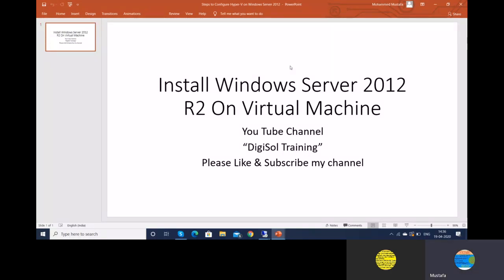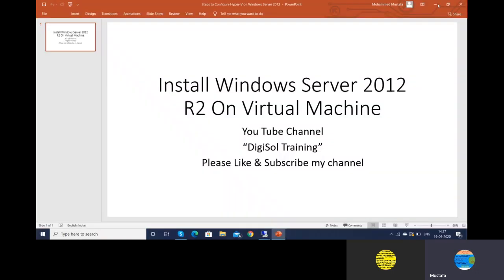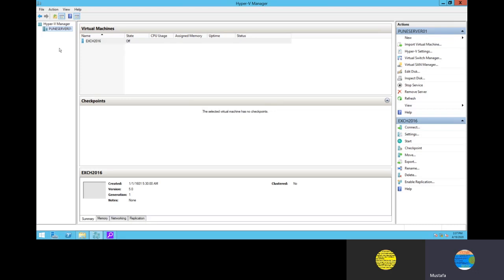I am connecting to my server, and I will show you step by step with all the detail. Okay, this is my server.